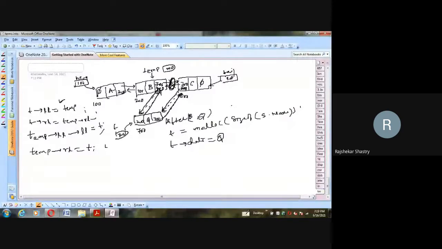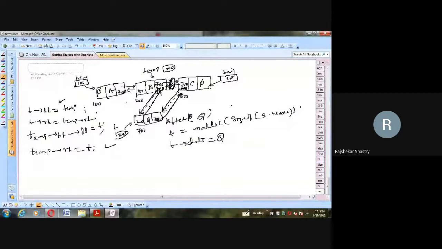Good. So all these four statements will work out to insert the new node in the middle, maybe after or before, because I told you that you can even move to the left side also. From temp we can move to the left side. So two-way direction is there. So we can insert the new node before as well as after by standing on the same node, unlike your single link list, where before can be performed only if you stand one node before. So this is about how we can store the new node before a particular node or after a particular node.